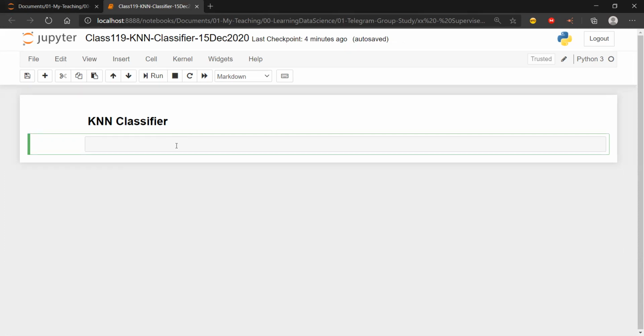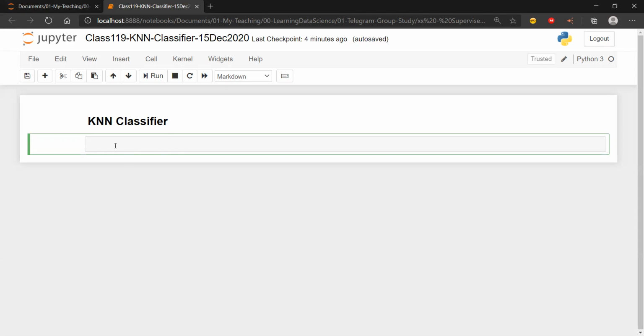This is a classifier which works on distance as a factor, and by making use of distance, it is again going to perform the classification.